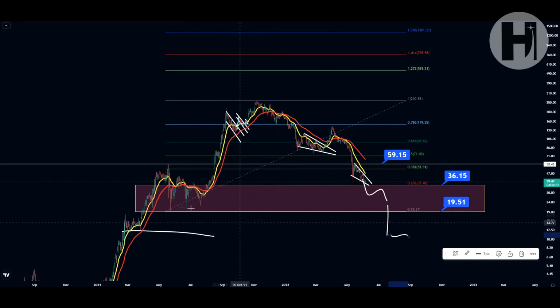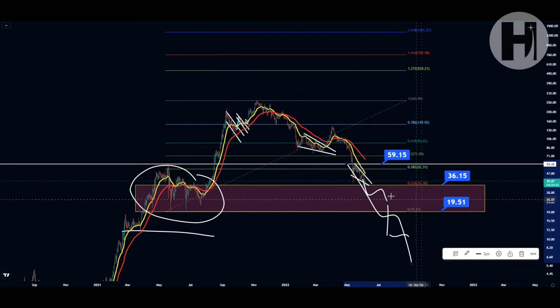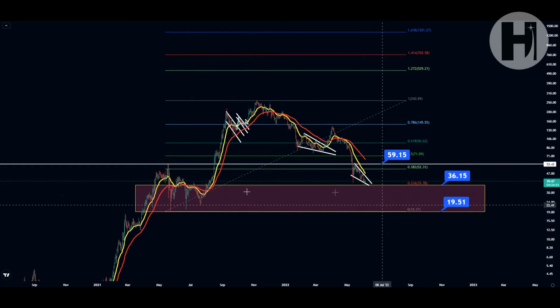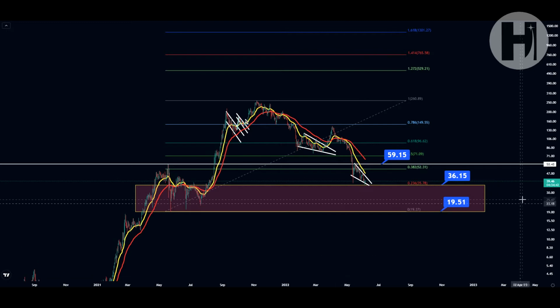But that would be quite negative, because you're going to be losing this low and you're going to be essentially creating a downtrend, but you do not want to do that. So hopefully we can hold this low and we can just stay above the 0.236. But having said that, I do think Bitcoin's coming back down. I do apologize about that sound. Having said that, I do think Bitcoin's going to come back down below $25,000,